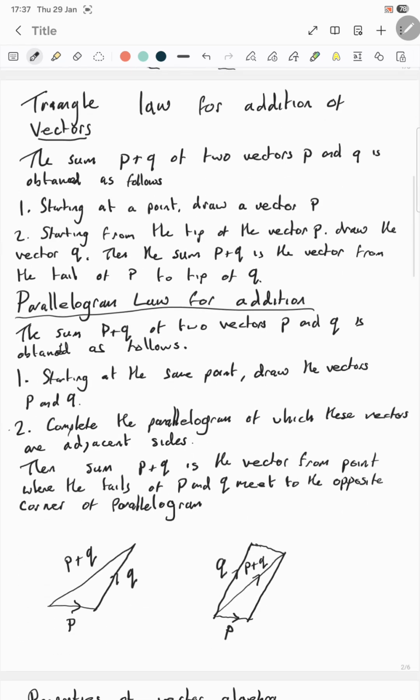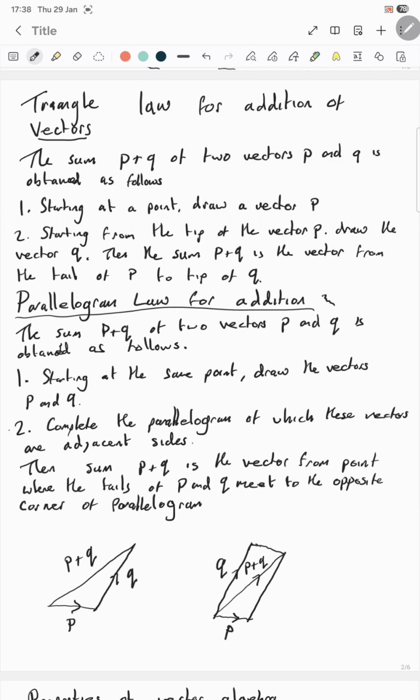Now, the triangle law for addition of vectors. The sum P plus Q of two vectors P and Q is obtained as follows. 1. Starting at a point, draw a vector P. 2. Starting from the tip of the vector P, draw a vector Q. Then the sum P plus Q is the vector from the tail of P to the tip of Q. Now, I'll show below the